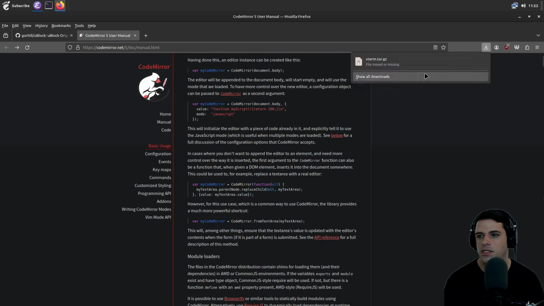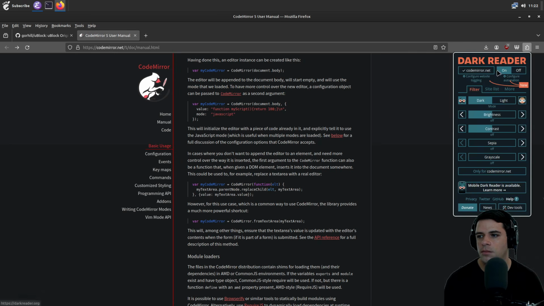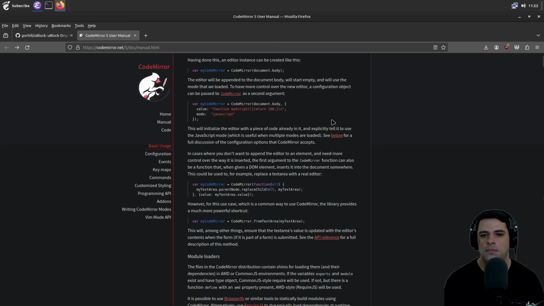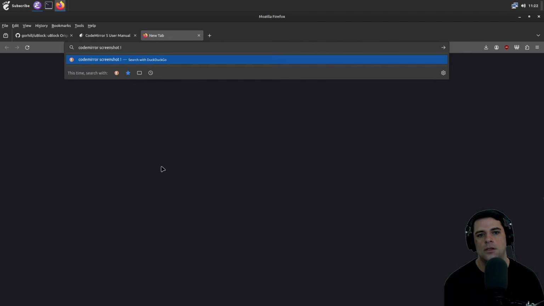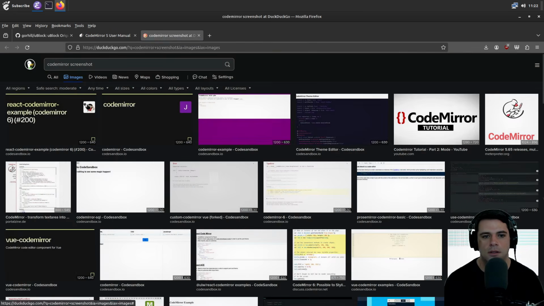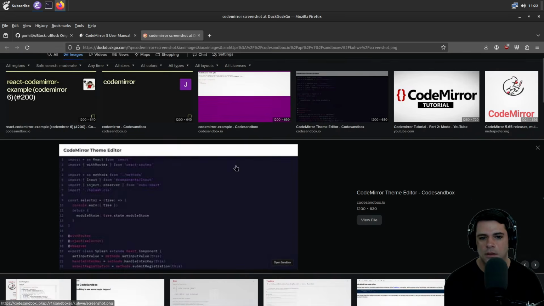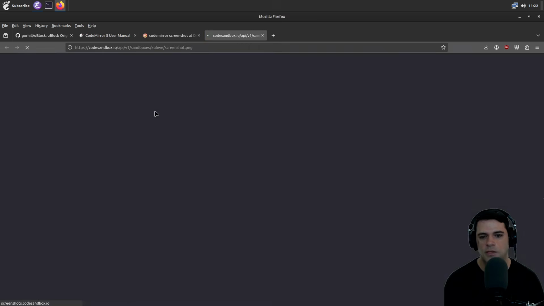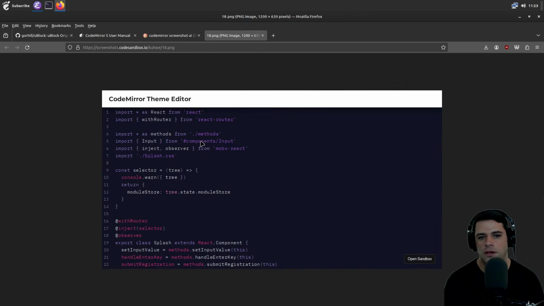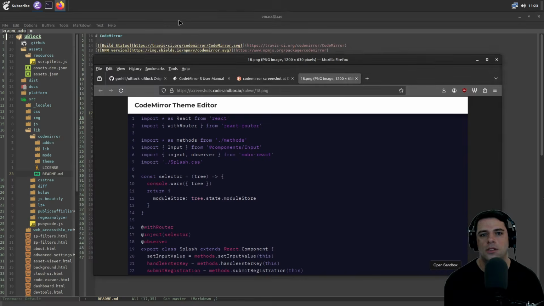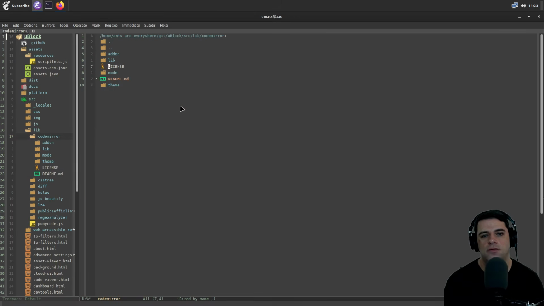Let me try disabling the dark reader. Seems to have no effect. All right, whatever. This purports to be a screenshot of CodeMirror. Okay, so we have CodeMirror that's somehow for editing